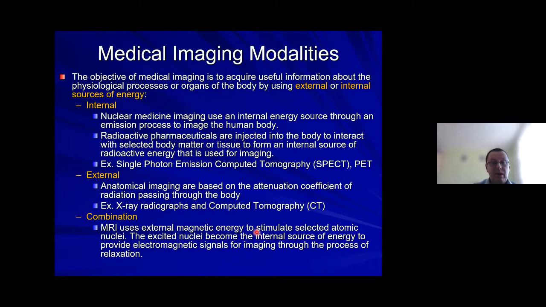As regarding modalities or approaches to classify medical imaging principles, there are multiple approaches available, and one of them is the type of energy used. It's modalities by type of energy which is used to retrieve the image. Practically, we can identify 3 types of sources of energy: internal, external, and combination. And we have multiple representatives for each of these